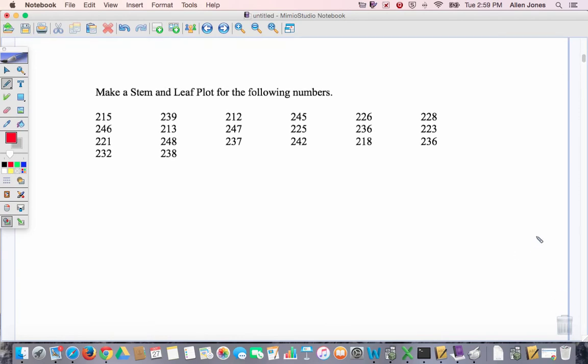Our last graph, not really a graph so to speak, just an arrangement of numbers, is the stem and leaf plot. So notice I have these numbers. We have 4, 8, 11, 14, 17. We have 20 numbers there. We're going to break those into different categories or different classes based on characteristics of the numbers. So our stem and leaf plot is a T-chart. So to make these different groups of numbers, I'm going to have to use the first 2 digits as my stem. So I have 210s, 220s, 230s, and 240s. And then the last digit goes over here, but they should also be in order from smallest to largest. So I have a 212,